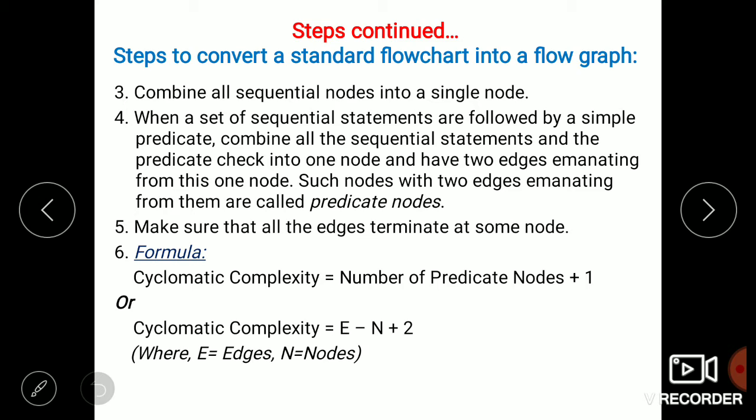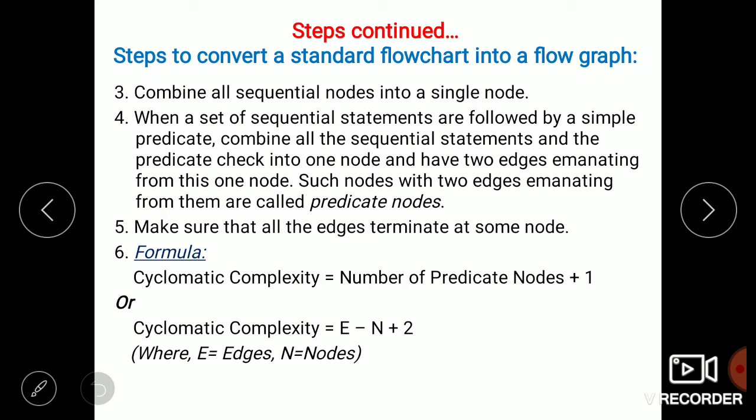Or you can use the other formula: cyclomatic complexity equals E minus N plus 2. Here E is the total number of edges and N is the total number of nodes in your program or in the flow graph. This is the formula to calculate the cyclomatic complexity.